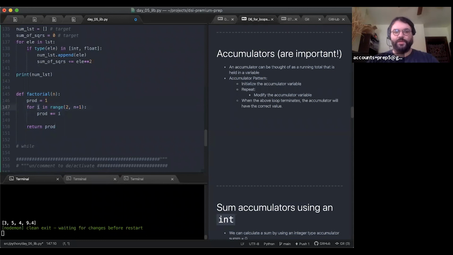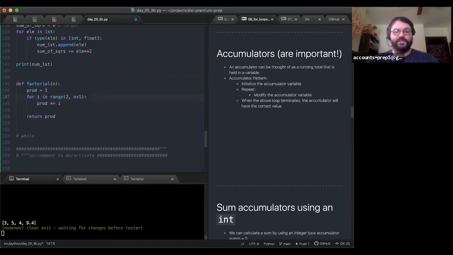For those wondering why I'm calling this i, this is a convention. If you loop through some range of numbers, it's convention to call this i. I've never actually heard a hard objective reason for that.